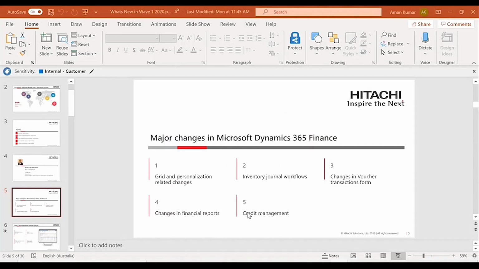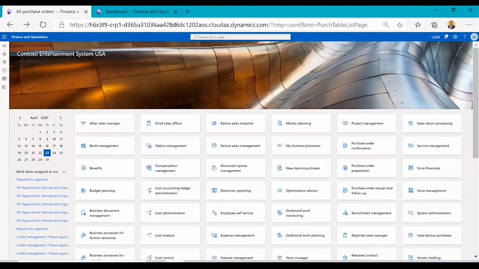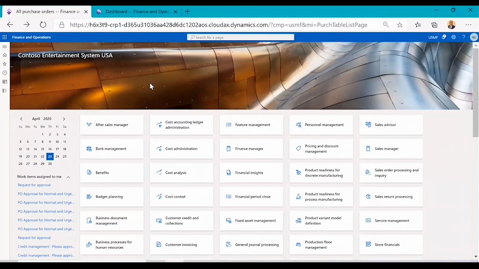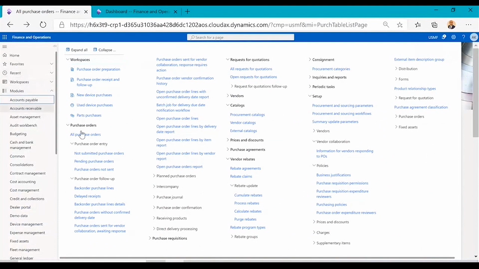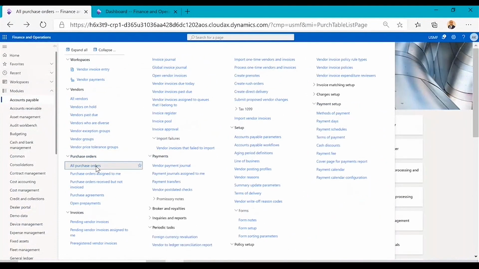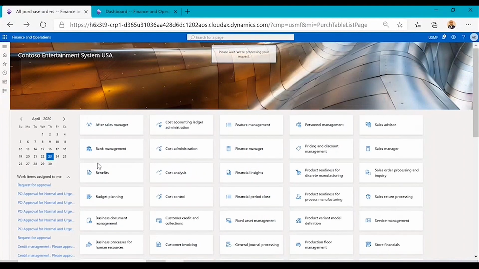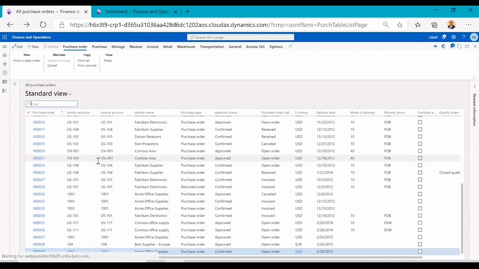Let me directly jump into the system to show you how it looks. Okay, so this is Microsoft Dynamics 365 for finance and operation application. Let me quickly take you to the purchase order form. So the first thing that we are going to see is the personalization option where we can create our own